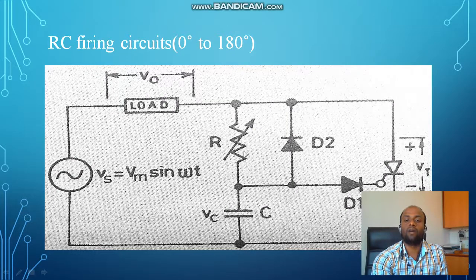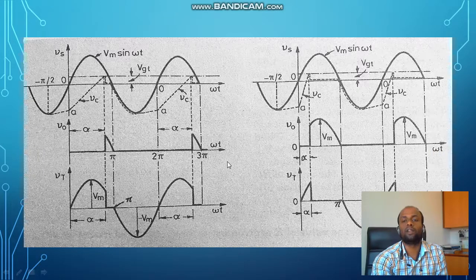Are you getting? So by varying this resistance R, you can vary the charging time of capacitor C, and obviously you can control the output from 0 to 180. Here they have also shown the firing angle above 90. Now if I wish below 90,